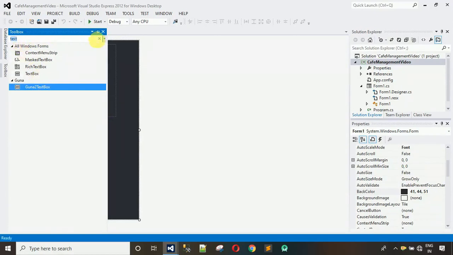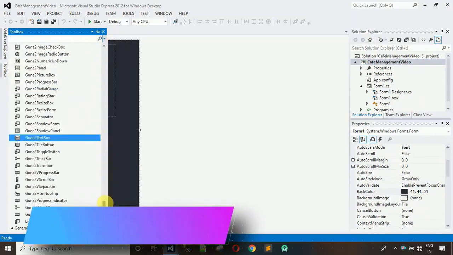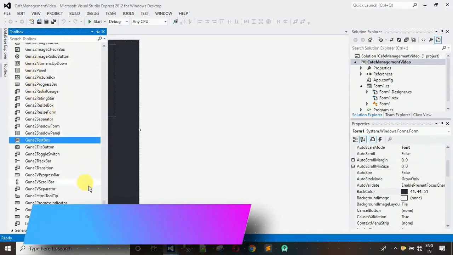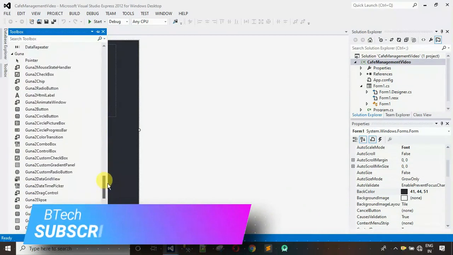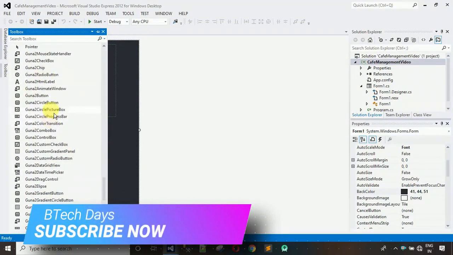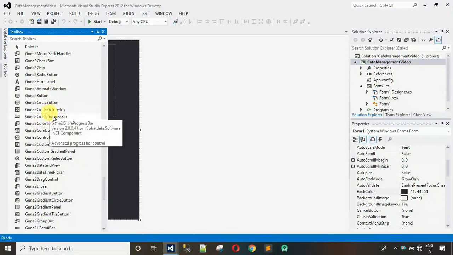Actually, I have added one DLL file into my toolbox, and this gives me some extra tools inside this one. Here you can see this with the name Guna. I'll find all these in that DLL. So I'm going to provide this DLL file in my description. You can go and download it from there, and I'm also going to put one video in the description in which I have shown how to add that DLL file into this toolbox. So go and watch that first and add this DLL file into your toolbox, and after that you can start coding with me. Okay, so now I'm going to use this Guna 2